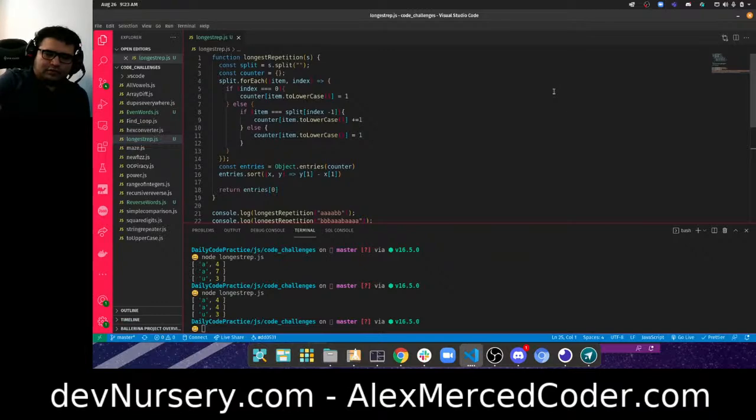I could do an array. So essentially what it does, I can push an array of each count. So instead of item being... okay, so in this case what we would do is we would say item equals an array with 1. Okay. Now if the item doesn't equal the previous one, then what would happen is we would say